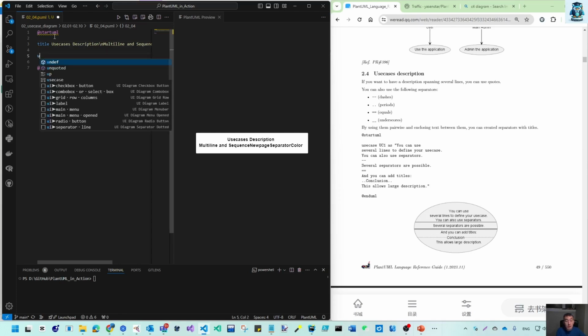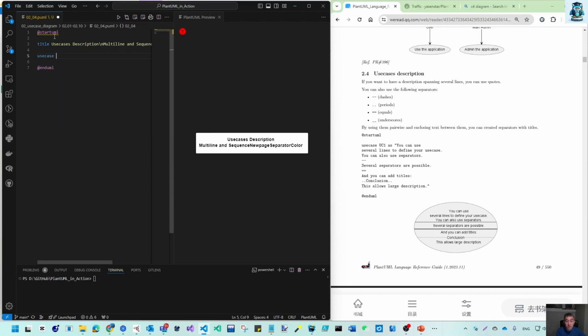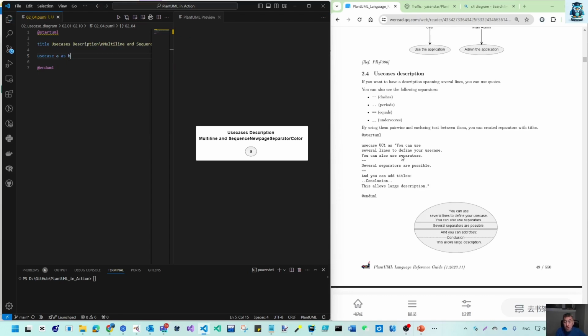So we just make our use case keywords. Here you can see we use this UC1, which is actually an alias, and we use that with the double quotes. So it's used in this vice versa direction, but that is both, because you make an alias. So for example, if you use this A as B, then that is the use case shown as A. But if you have a use case C as DDD,